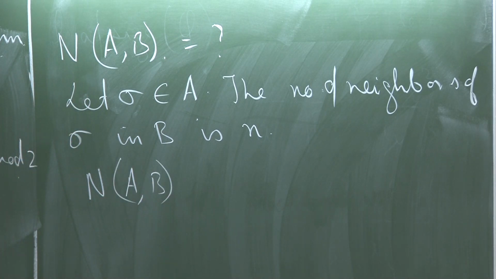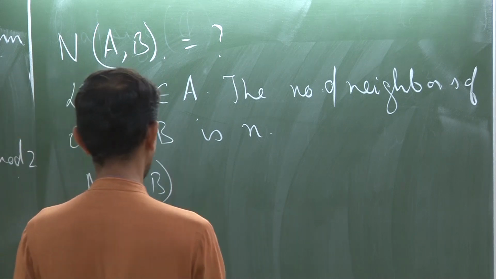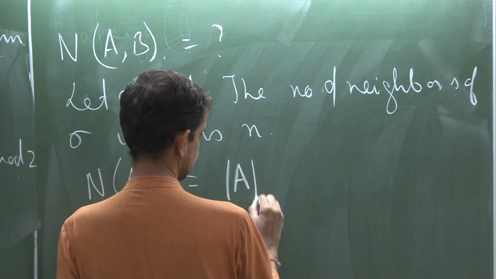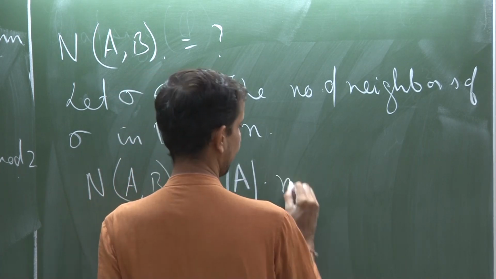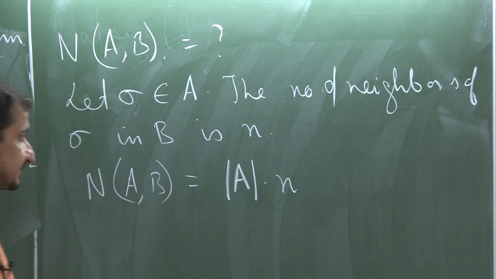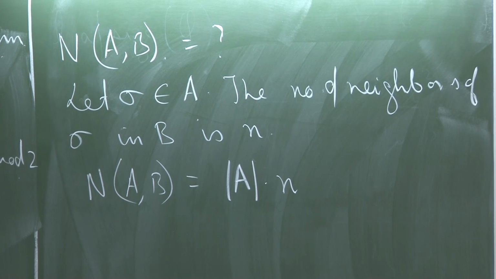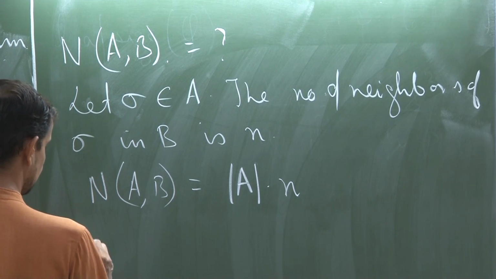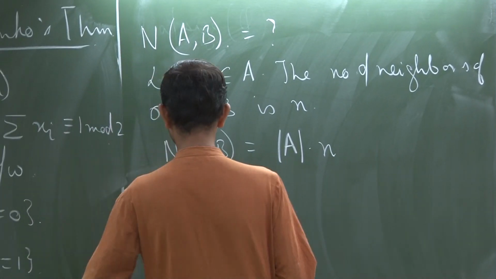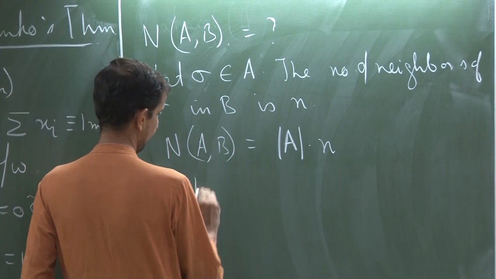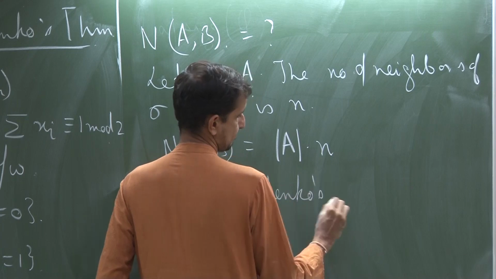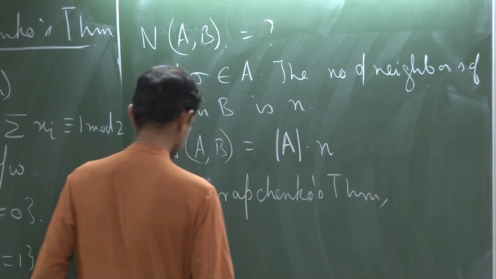This is true for each sigma in A. So, therefore, N(A, B) is equal to the size of A times n, and I can give the same result for B as well. Anyway, the sizes of A and B are the same. So, now what does Kravchenko's theorem give us? So, by Kravchenko,